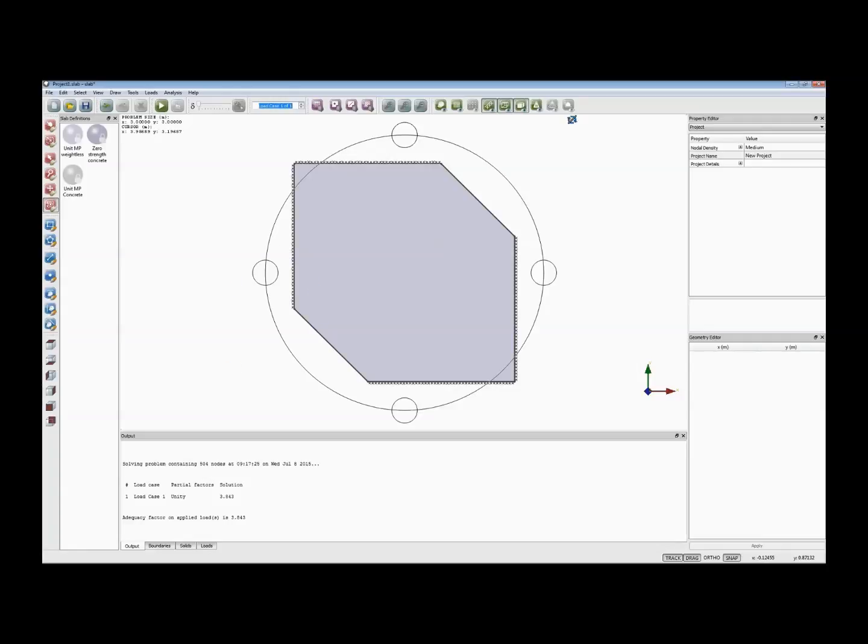So you can see at the top is the usual array of different buttons, the ones in the middle being ones for loading, and then the ones on the right being to show and hide things. The most important parts, I would say, are on the left here, the slab definitions, which basically allow you to